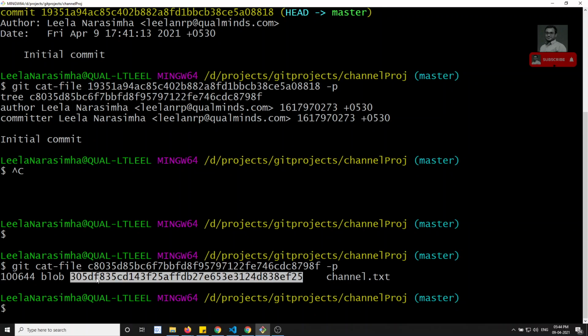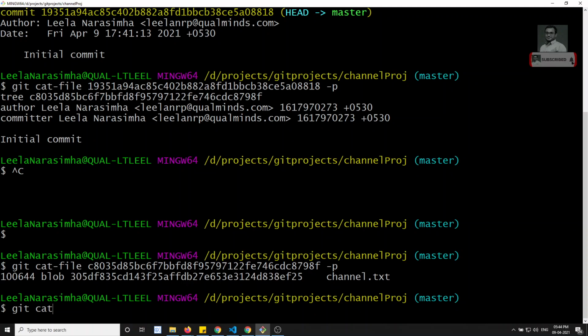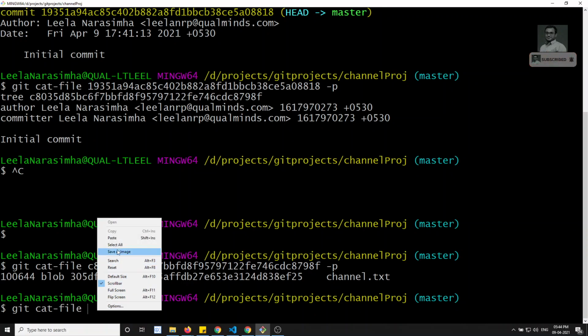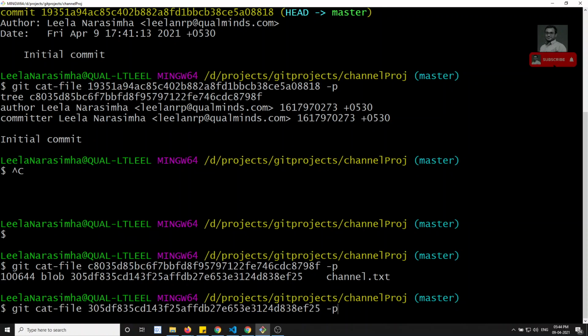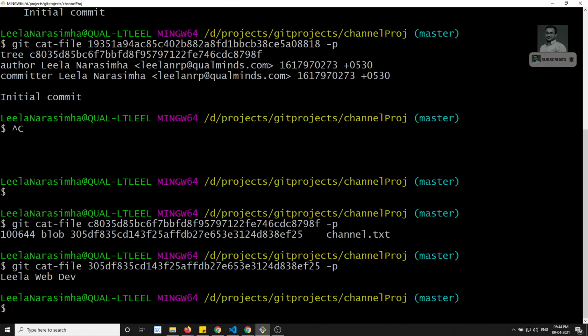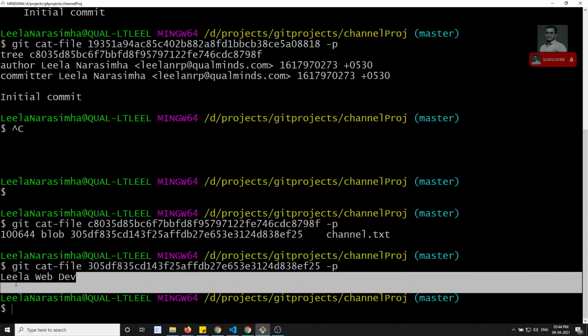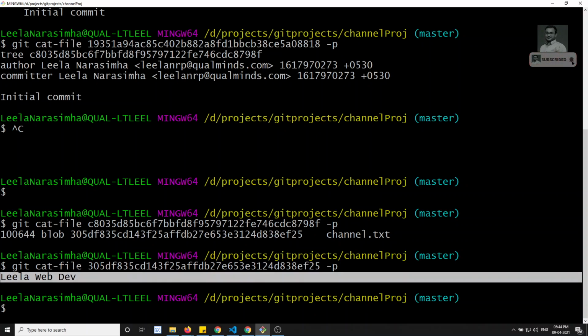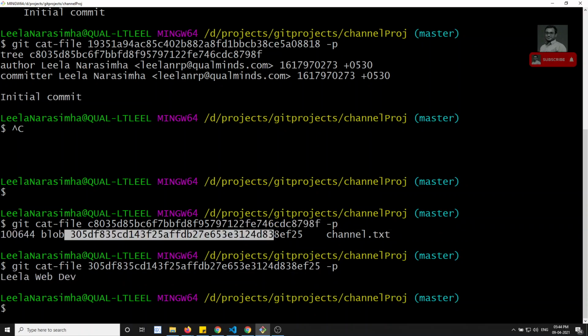If you copy this one and do the same thing, git cat-file, paste this hash, and -p, now you are able to see the data you have committed. So the data we have seen, the Leela WebDev, is converted into SHA1 data, that is 305, and it is stored as a blob in the file.